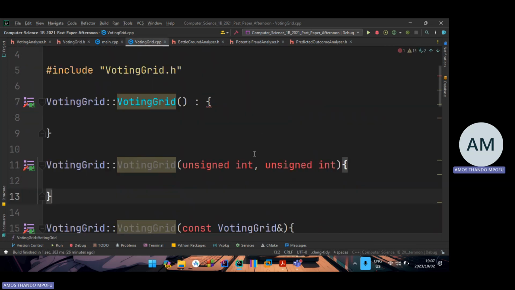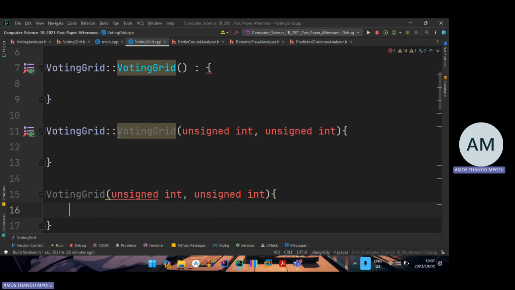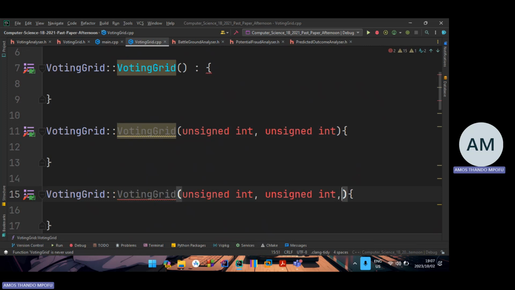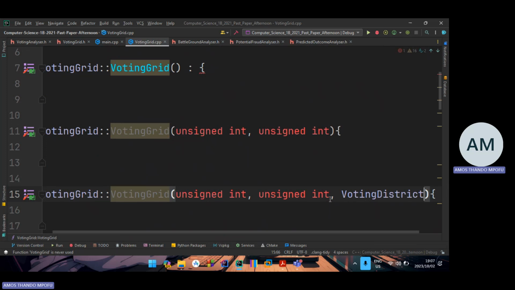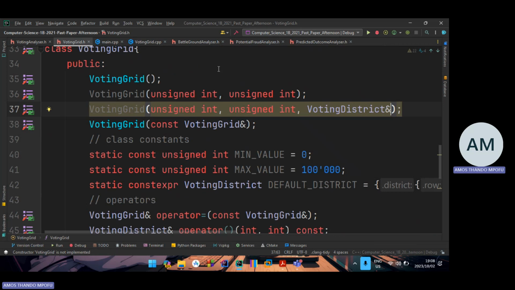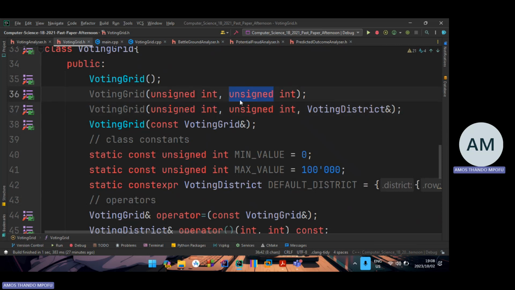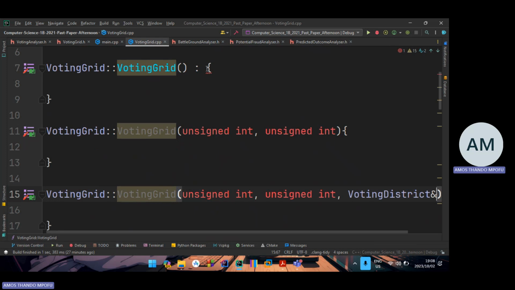I could take it by address. And then voting district. The record structure could take it up by address to make things faster. Let me take it by address like this. The immediates or the integers, they're fine. It's fast, it's just one value. When it comes to something complex like a record structure, I need to pass it by address to make